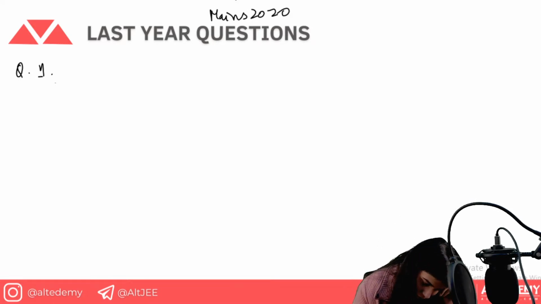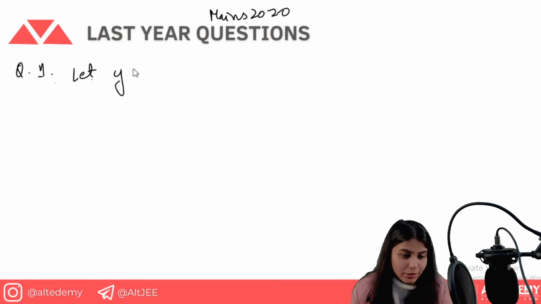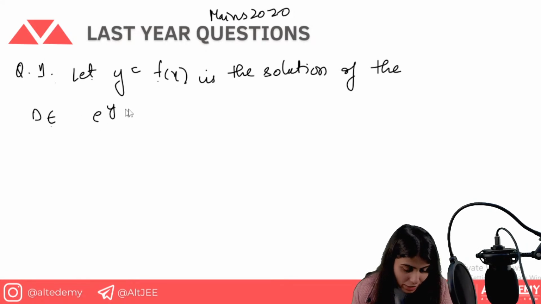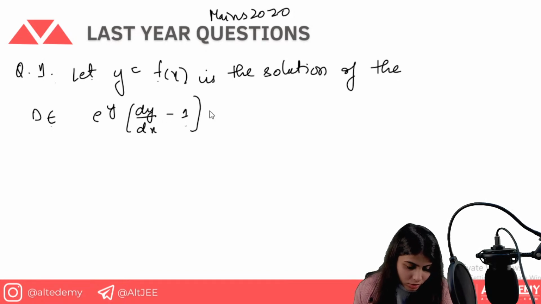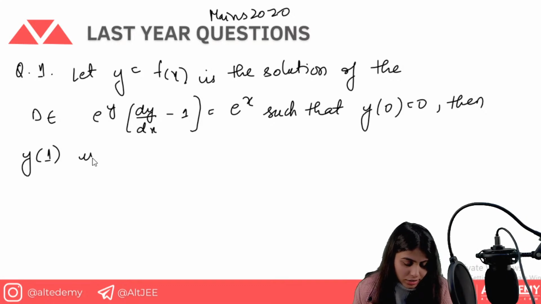Let y equal f(x) be the solution of the differential equation e to the power y into (dy by dx minus 1) is equal to e to the power x, such that y(0) equals 0. Then y(1) is equal to,